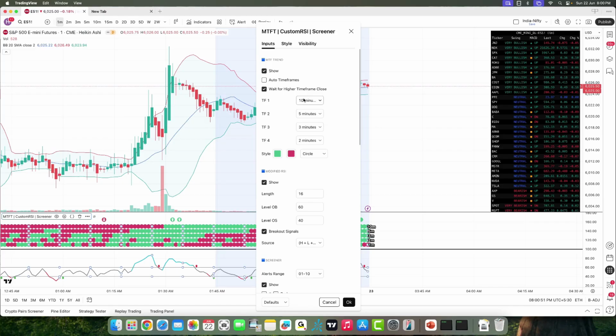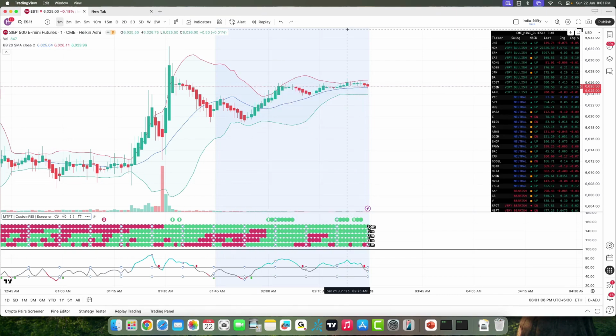So that would be the settings for the 5 minute chart. Basically your chart time frame is 5 minutes, which is the lowest row. The next would be 10 minutes, 15 minutes, 20 minutes, and 30 minutes. Because even on a 5 minute time frame, it is pretty much short term trading, so you cannot keep the time frames too far apart. You need to be close by. Otherwise, like I said,